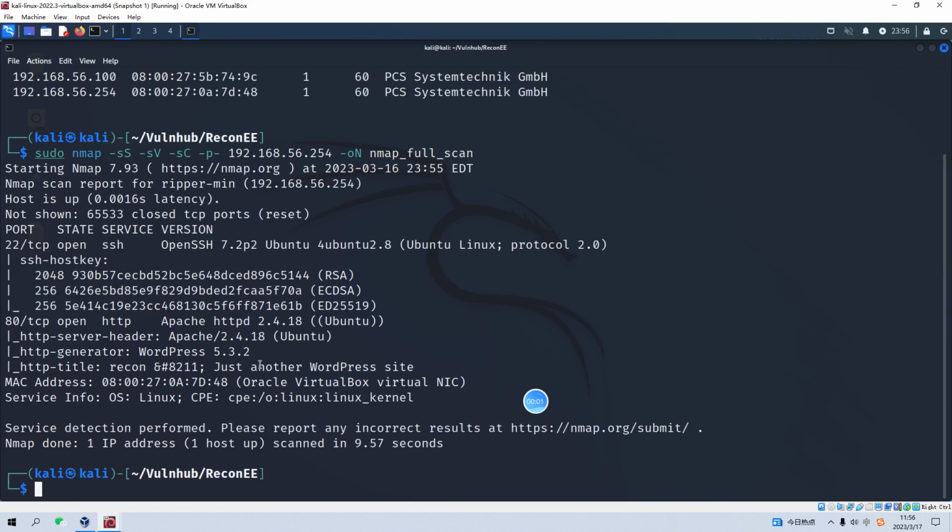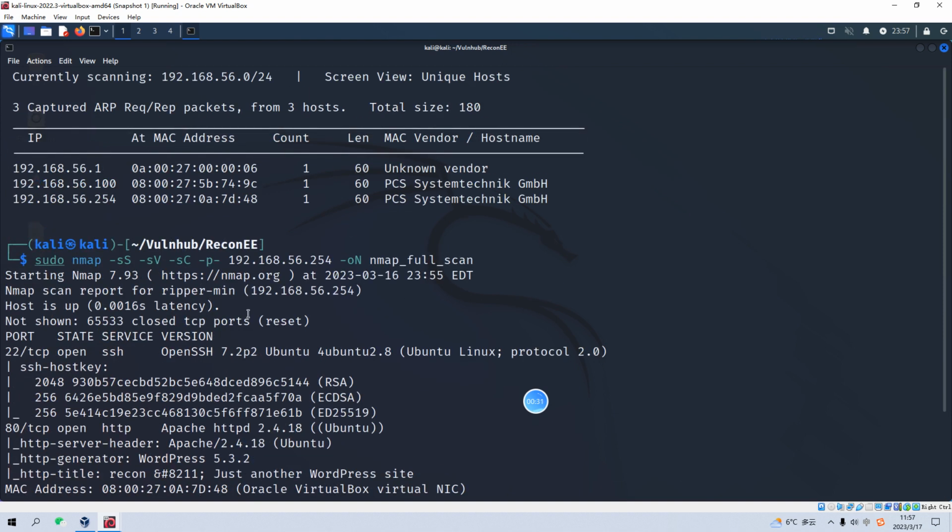Okay, today I'd like to take you through the virtual machine of Rank 1 on Vulnhub, and I'd like to show you how I did it several minutes ago. To save time, I have already imported it into VirtualBox and set up the working directory for this box, and also already identified the IP address of the target, which is